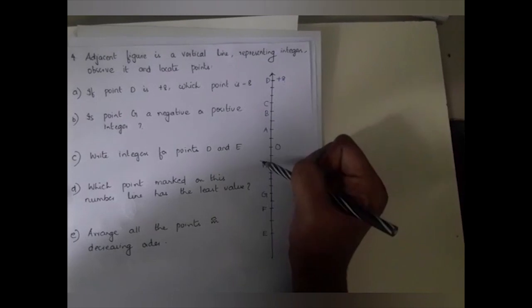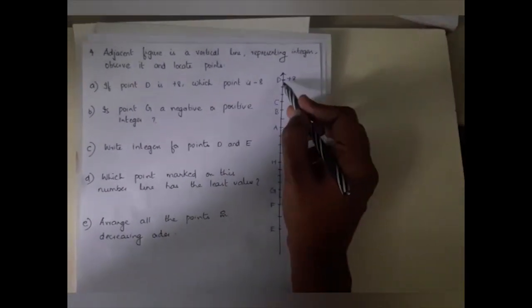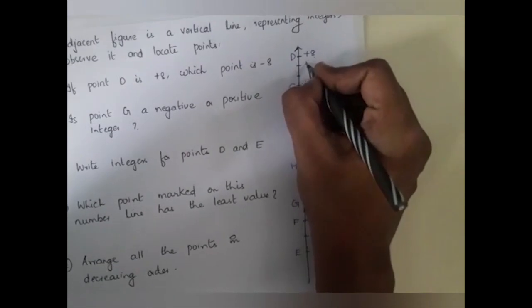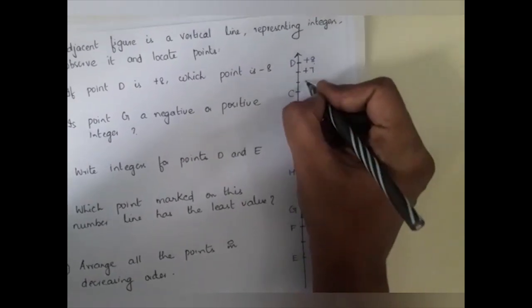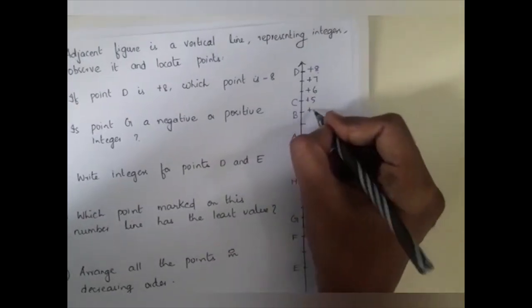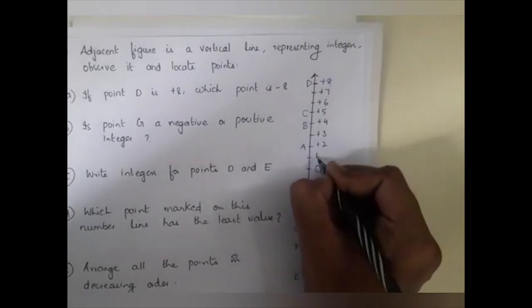D, C, B, A, the names are given. So you have to first name it. Names are given, let us mark. After plus 8, so it is easy for you to mark. So after plus 8 it will be plus 7, plus 6, plus 5, plus 4, plus 3, plus 2, plus 1,